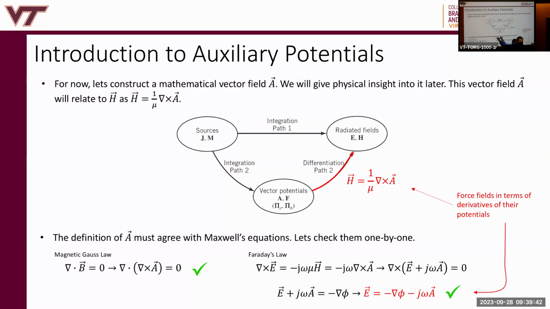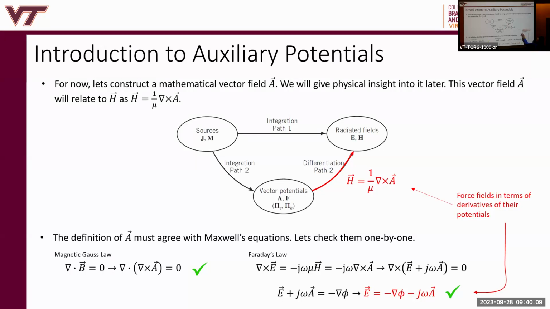That's a differentiation, right? The curl operation, remember upside down triangles, nothing but partial by partial X or Y or Z, combinations of spatial derivatives. So we're going to say that H here is related to A through a differentiation as the following. H is equal to 1 by mu curl of A. All right? Good. That's a definition. We're going to say that that's our starting point.